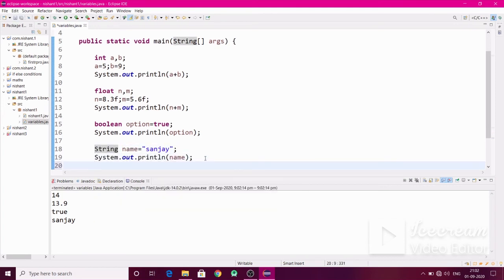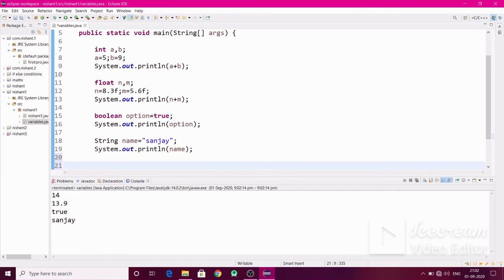Now the next one is character, char. Character stores a value for one character, one alphabet, one letter. Like this, just name a character.